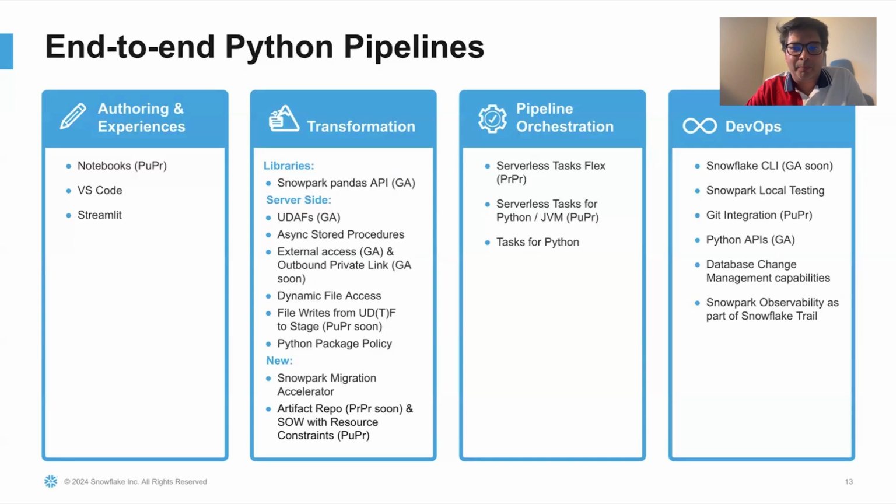your UDFs or procedures. On the pipeline orchestration side, we have got serverless task flex as well as serverless tasks for Python as well as Java available. This allows you to drastically reduce not just your cost, but also you don't have to care about specifying a warehouse, because we take care of the warehouse and right-size it based on the job profile, thereby reducing the